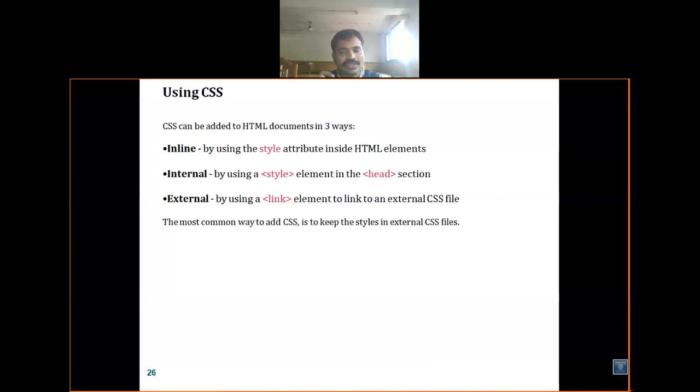External, by using the link keyword. As in the previous inline and internal styles, a link is not required there. Why is it required here? Because we make a file whose extension is .css. In HTML, as you already know, when you save your file the extension required is .html.